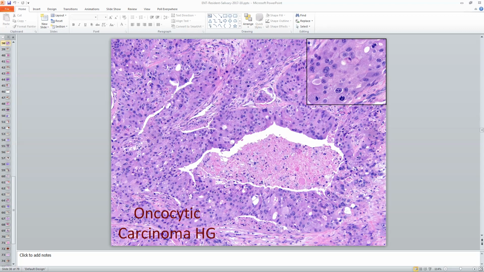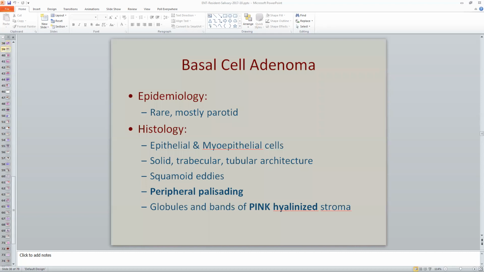When I show you salivary duct, you'll maybe see the similarities. But for now, we're going to assume that oncocytic carcinoma may potentially be its own diagnosis. Okay. Next is the basal cell neoplasms. So this is similar in terms of you have a benign and a malignant component, a basal cell adenoma and a basal cell adenocarcinoma. Now, keep in mind that this is not